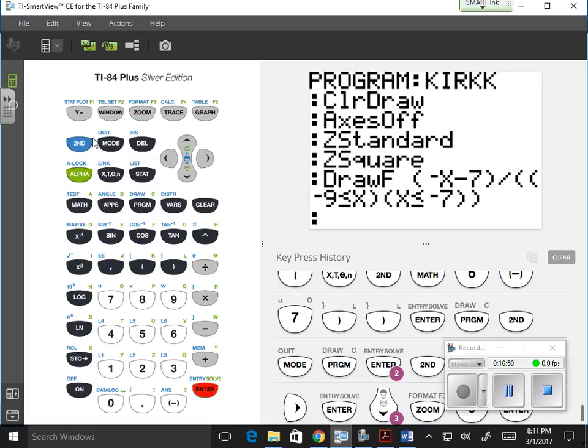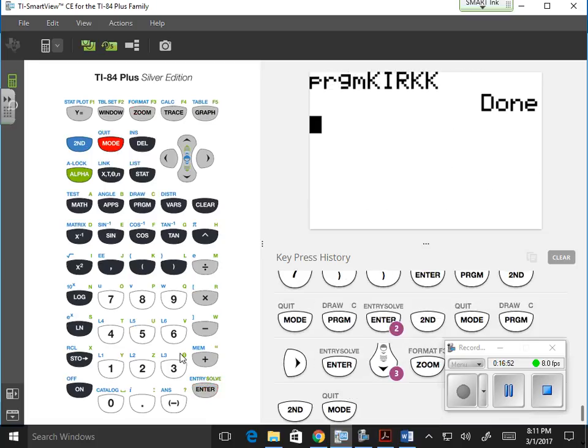Okay. Second quit, let's see if it runs better now. There's that line. It'll draw it more slowly using draw F,